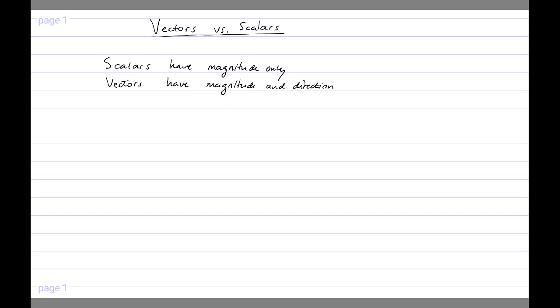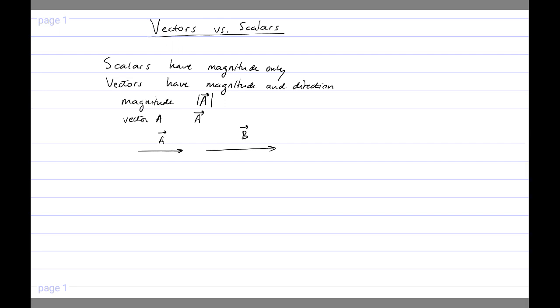So a magnitude looks like this. The magnitude of vector A is vector A in absolute value. Then we have the whole vector A, which is A with an arrow on top of it. So if I have vector A and I have a vector B,